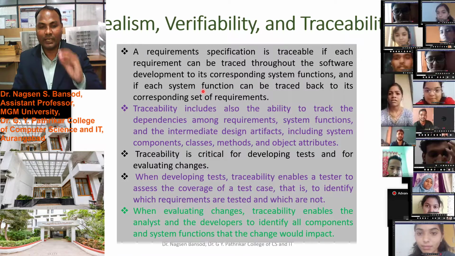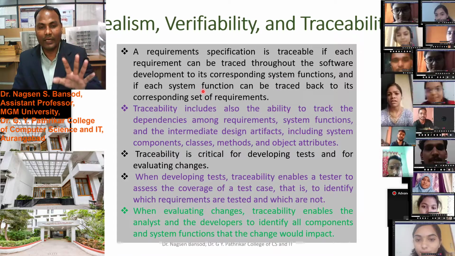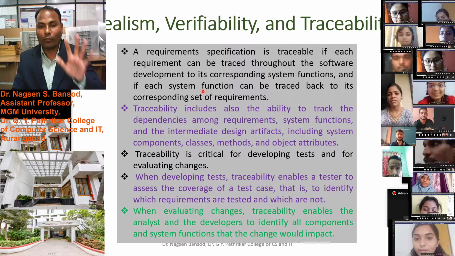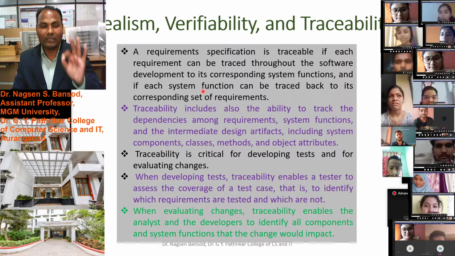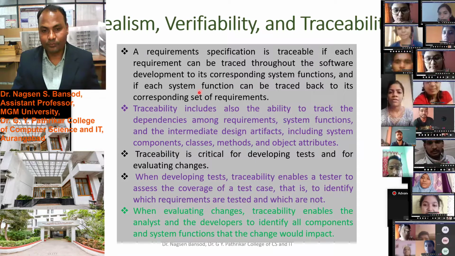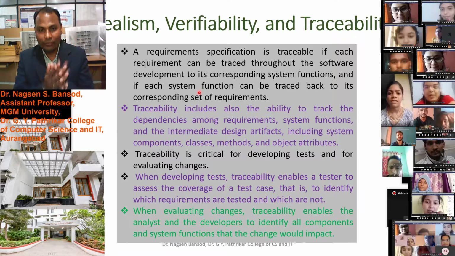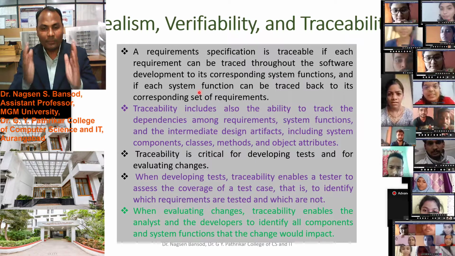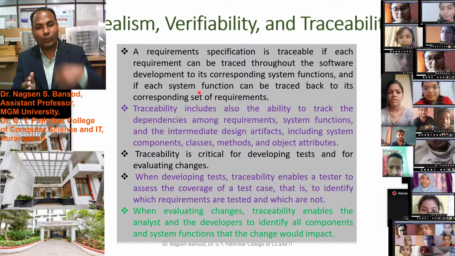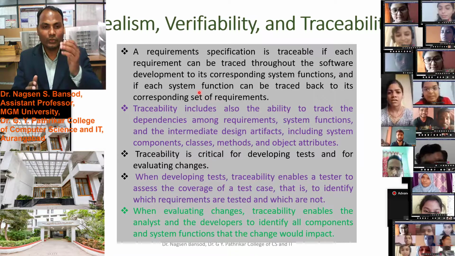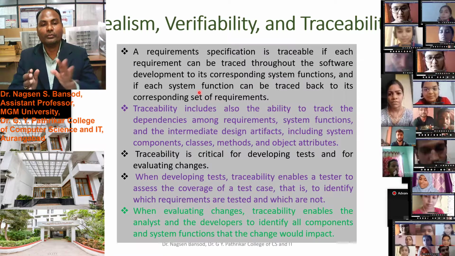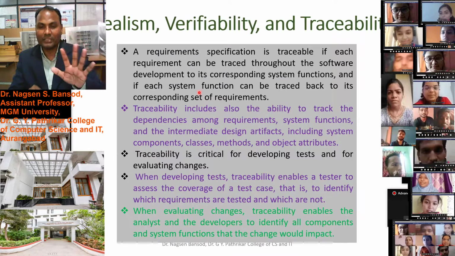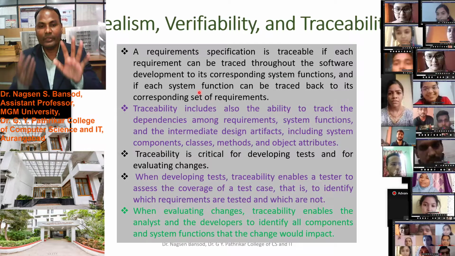If you said to the client we will provide 10 functions and you are not providing all 10 functions, then that is not realism. You are hiding some features. If that is the case, then you have to tell them that it is not possible to implement all 10 functions because there are some system limitations.